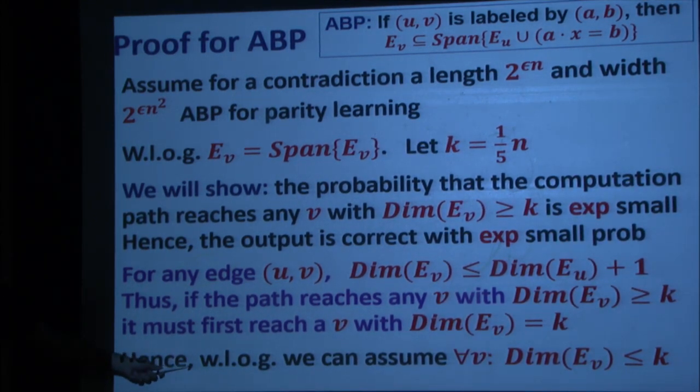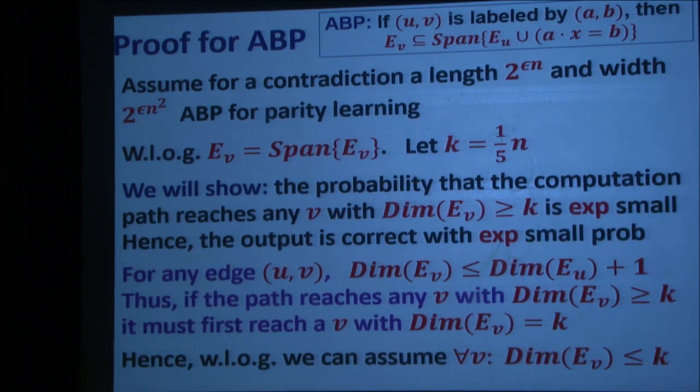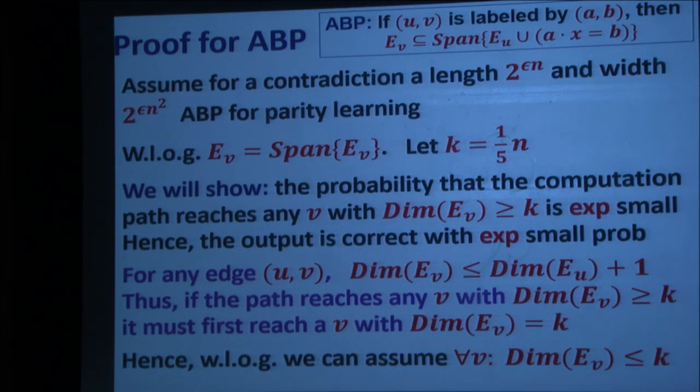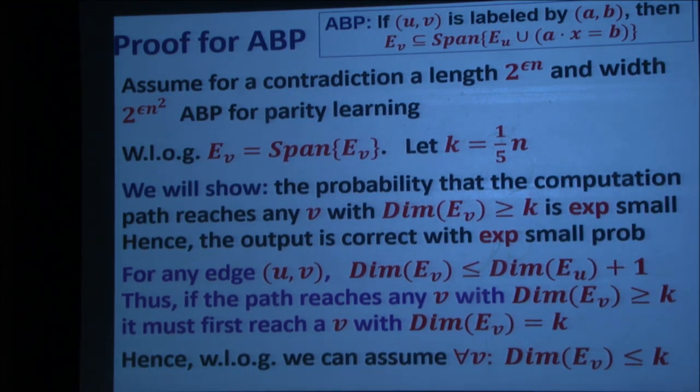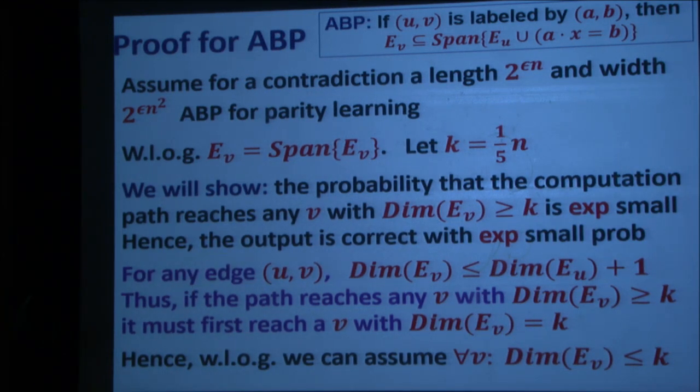But I assume this to prove that the probability to reach dim EV equals k is exponentially small. And I want to show you how I can assume that without loss of generality. Why I can assume that for every vertex in the branching program,